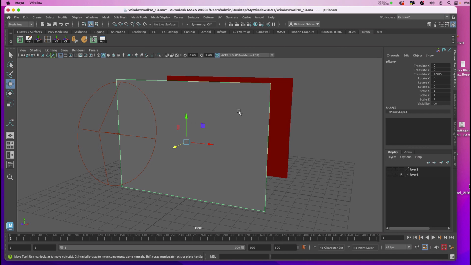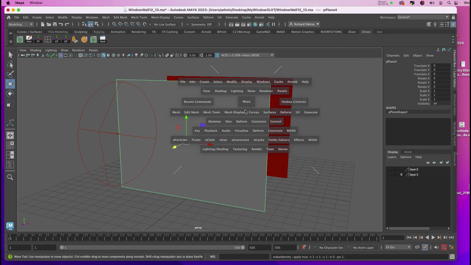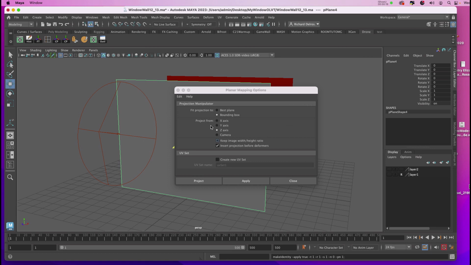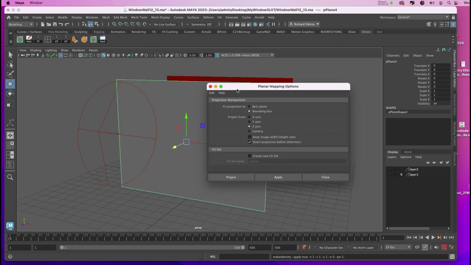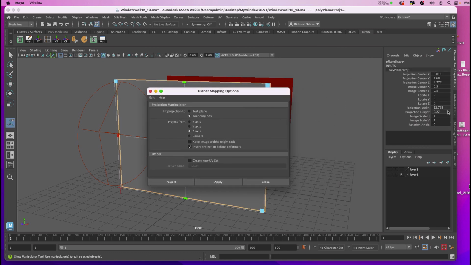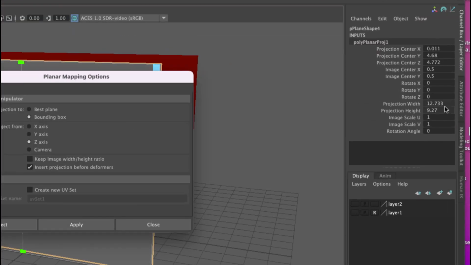With it selected, I'll delete by type history, freeze the transforms, and then I'm going to hold down my space bar. I'll go to UVs and we'll choose planar mapping attributes. In the attributes, I'll set it for the appropriate axes, which in this instance is Z. I'll hit apply. And then in my channel box, I'll make sure that the projection width and height are the